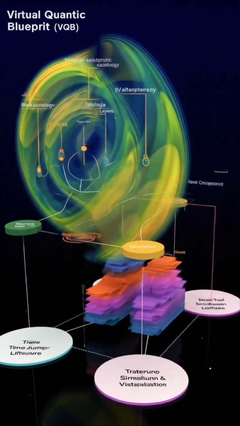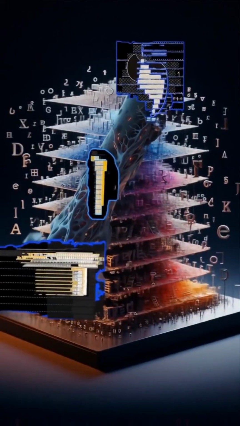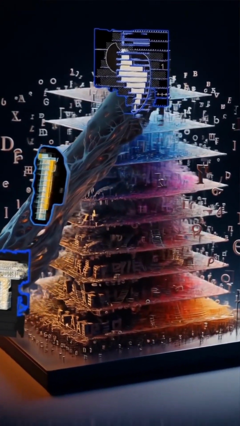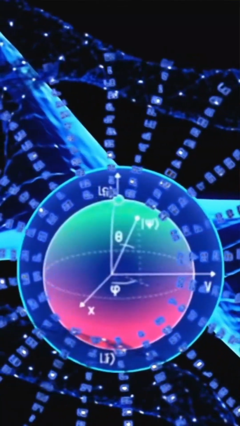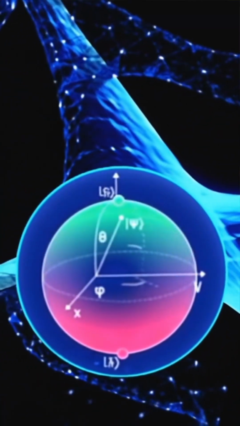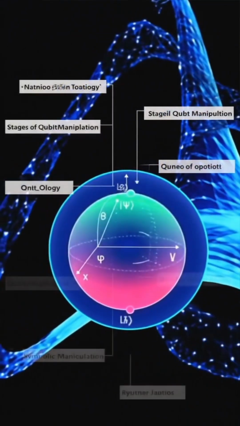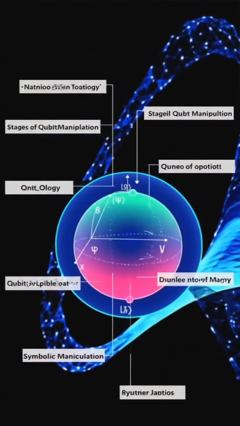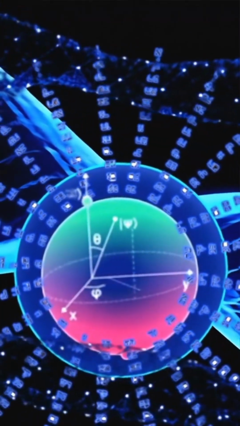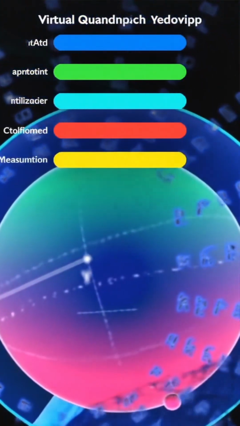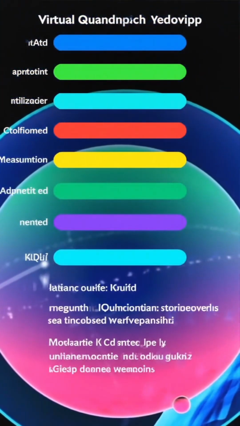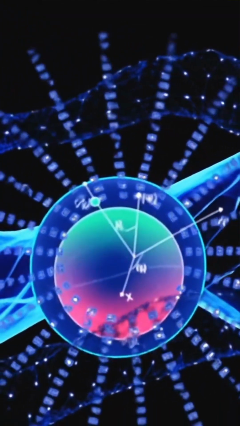Okay. Let's unpack that. Virtual quantic blueprints. Because for a lot of us, quantum computers are still these mysterious boxes in labs somewhere. Sure. But you're saying VQBs let us work with quantum systems in a totally new way, abstracting away some of those really difficult physical problems. How do they actually work? Well, at its heart, a VQB is a digital representation, a virtual counterpart, if you like, of the quantum hardware. A digital twin, sort of. Yeah, you could think of it as a virtual quantum machine, a QVM.